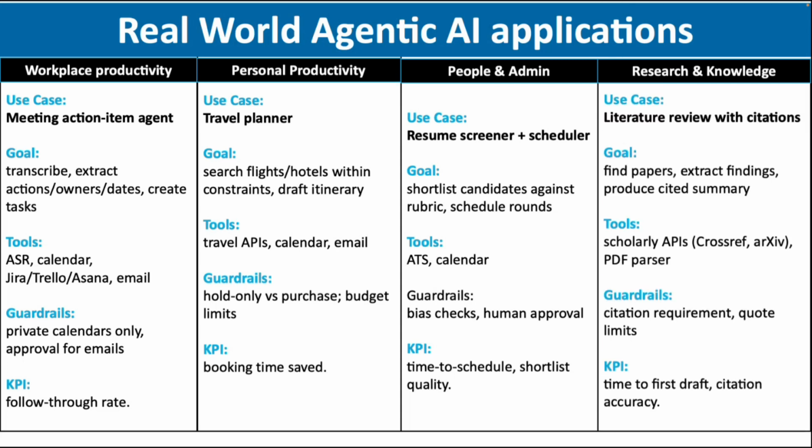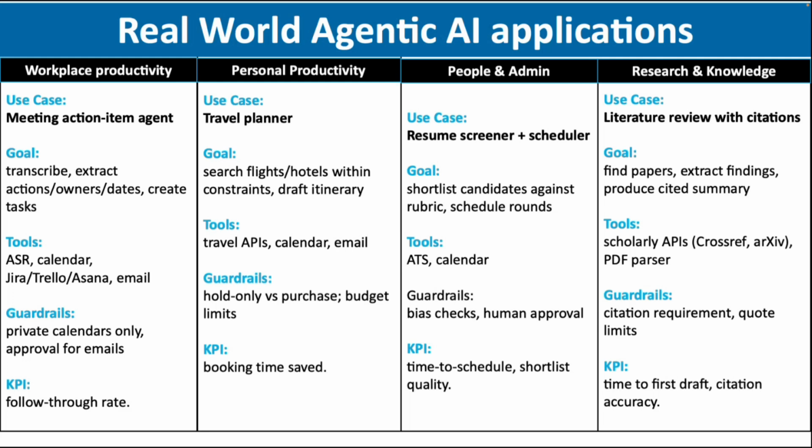In research and knowledge, one can think of a use case like literature review with citations, where the goal of the agent would be to find papers, extract findings, and produce a cited summary. The agent can use tools like scholarly APIs, a PDF parser, a doc reader, etc. The guardrails would be citation requirements and quote limits, and the KPI would be time to first draft